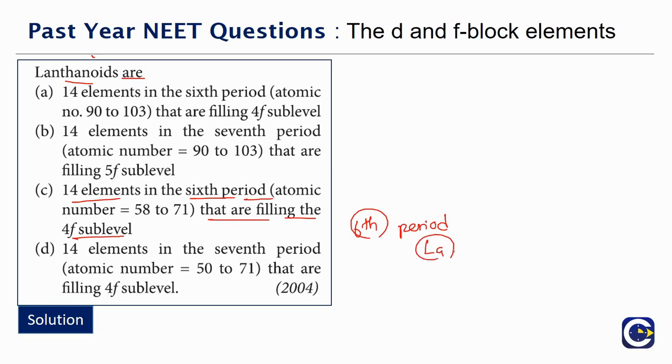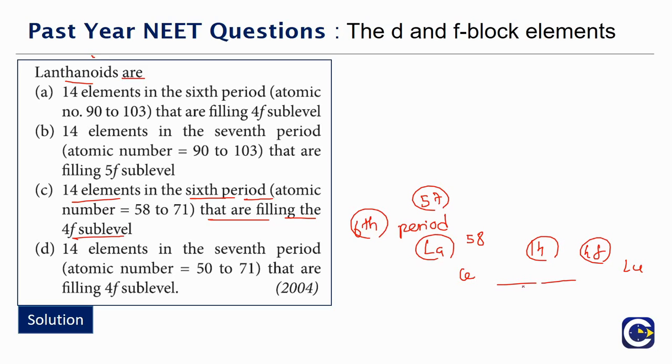Lanthanum is a transition metal. After lanthanum we have cerium. Lanthanum is 57, so starting from 58, cerium to lutetium, there will be 14 elements. The electrons will be filled into the 4f subshell. So as the electrons are filled into the 4f subshell, right, there will be certain